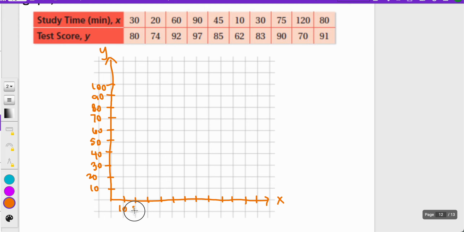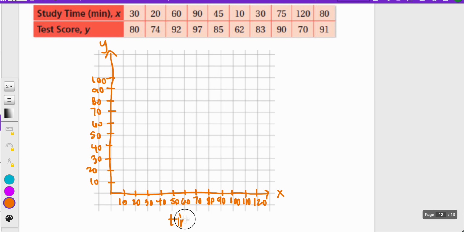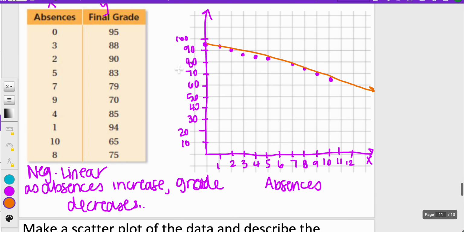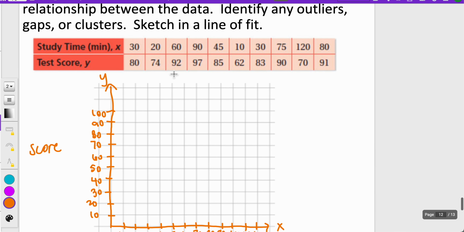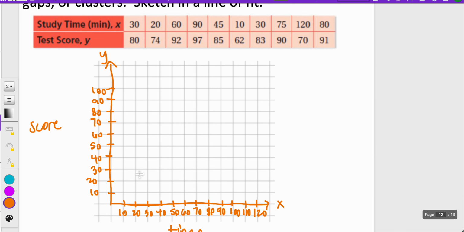So 10, 20, 30. The longest part is setting it up, so thanks for being patient. Okay, so this is our time, and this is our score. And I don't know if we did this on the previous one. I just didn't put grades. Okay, first one up, 30 minutes, 80